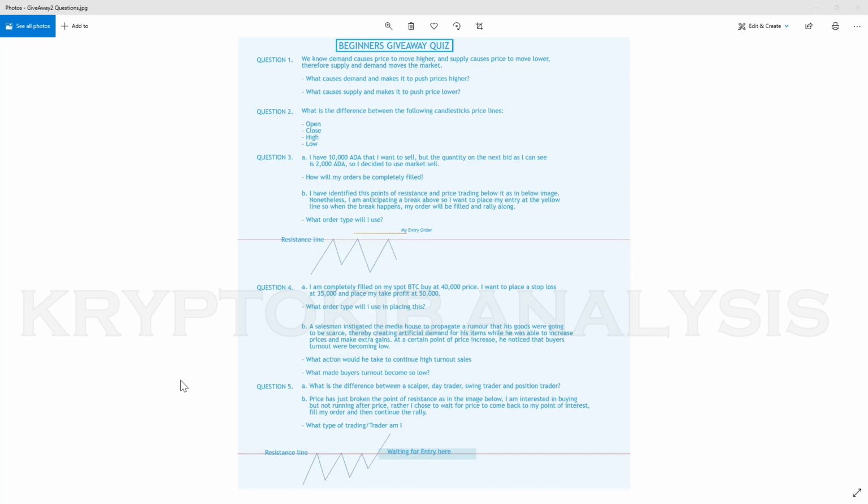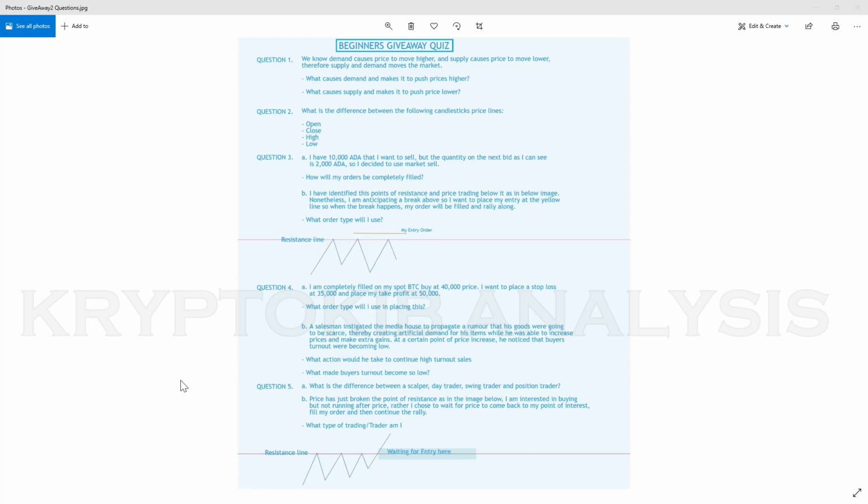What will happen is your order will eat through all the buy side liquidity, which is the bids. It will start from the 2,000. The 2,000 will fill at that current price. Then once that is done, you still have about 8,000 left. It will proceed to the next one in line and eat that. If you still have more left to sell, it will keep filling until you are completely filled. So the answer to this is the market will sell to you at any price available until your order is completely filled. You may not have that exact same answer, but if your answer is related, then you still get a pass.